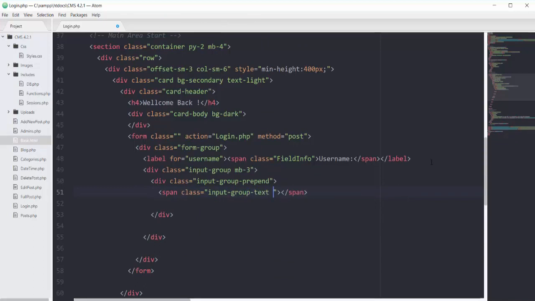Its text would be text-white, and for the span tag we'll have our font awesome with the class of fas fa-user.